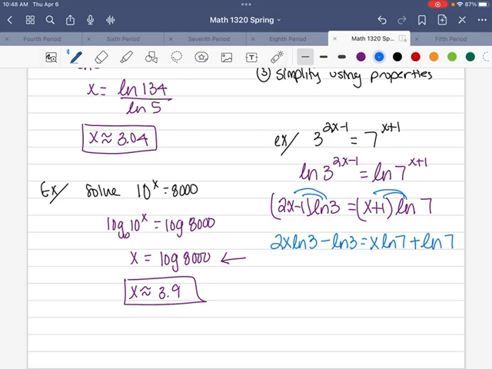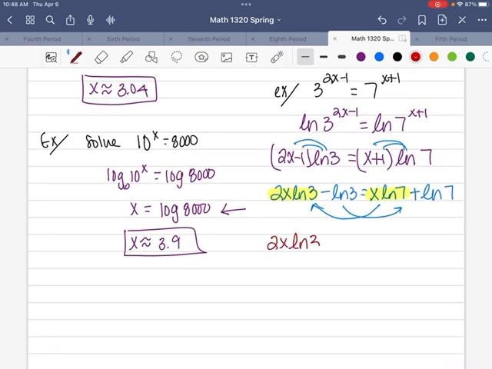Okay, now again, remember that we're trying to isolate the x. So I'm going to put the terms that have x's all on the same side and the terms that don't have x's on the same side. So see how this one has an x and this one has an x? So I'm going to move this one this way and move this one this way, basically to get all the x's on the same side. So if I move those over, I'm going to end up with